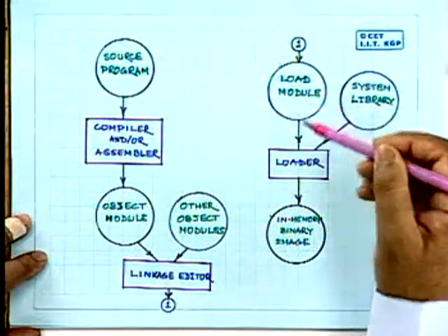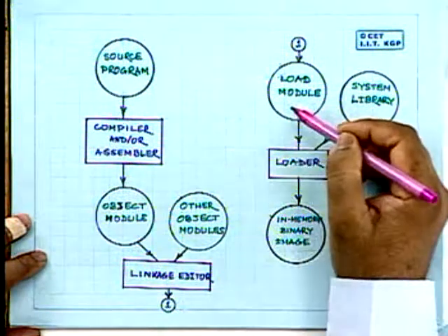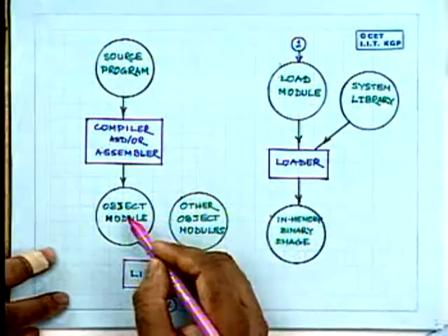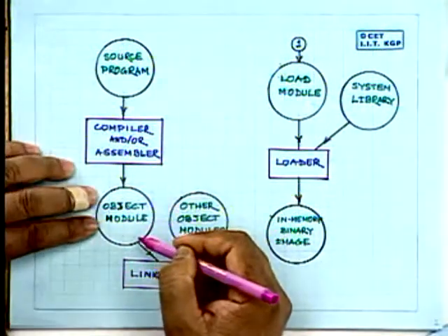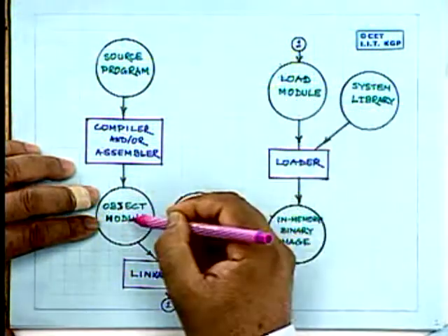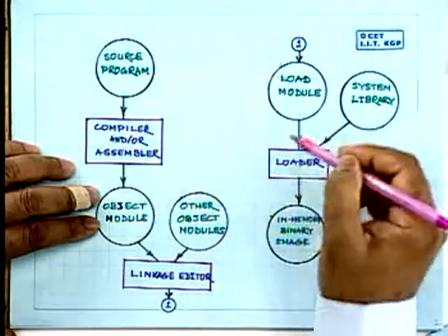Anyway, now in general, whenever we are trying to load a load module into the memory, the address relocation of the entire program has to be done. Now, the problem is that if the loader knows from which particular location the program is going to be loaded, then the loader can take that object module, where the information for relocating the different words is kept in the object module itself. The loader can take this information along with the object module and relocate the entire program and put it into the